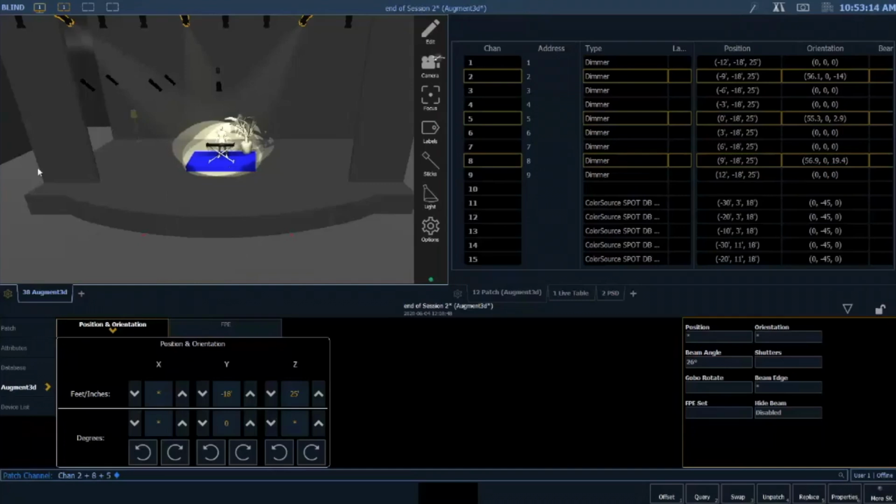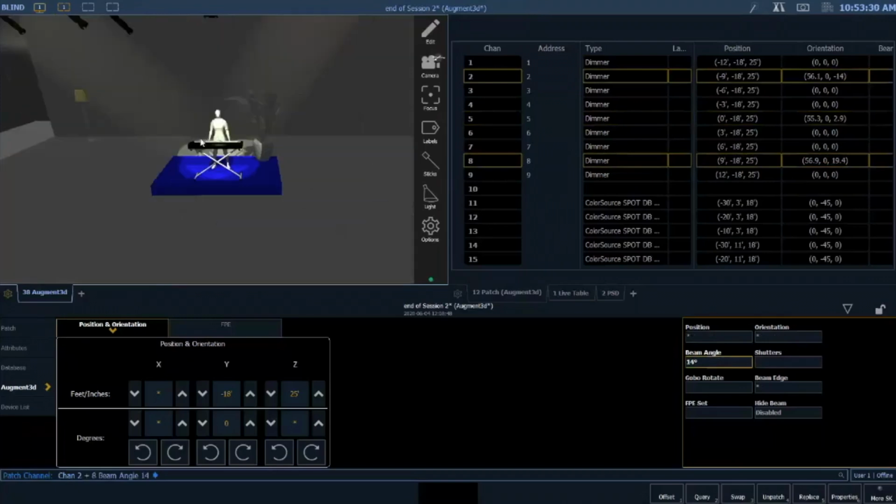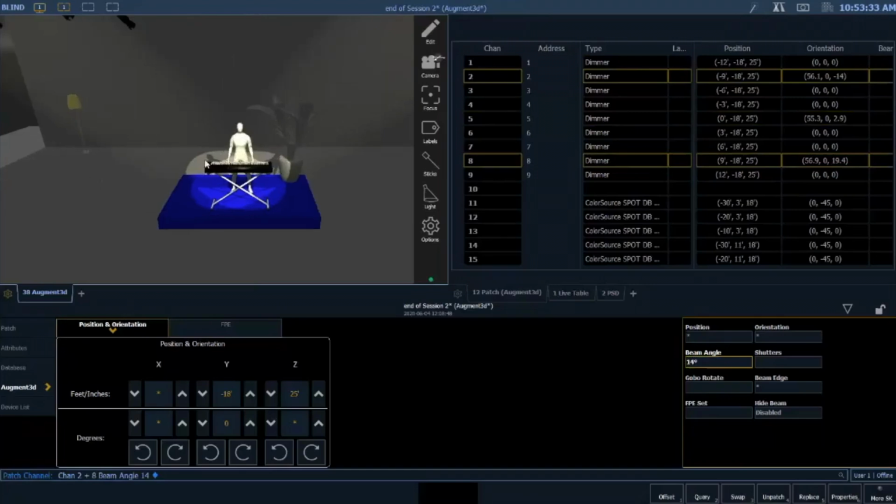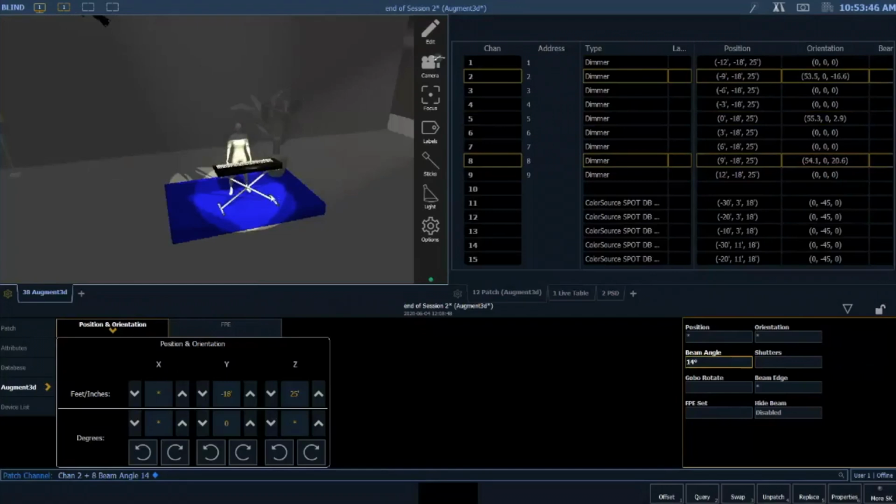Okay. So the other thing we can do, and to make this a little easier, I'm going to take 2 and 8, and I'm going to zoom those down. I'm going to turn those into 14 degrees just so we have a smaller beam to work with. And let's move our camera in a bit. So another tool we have available for us is our height offset. So if I click on the feet of this person, and you can see, let's rotate just a little. You can see the light is cutting their head off, right? Not very useful. But what I can do is